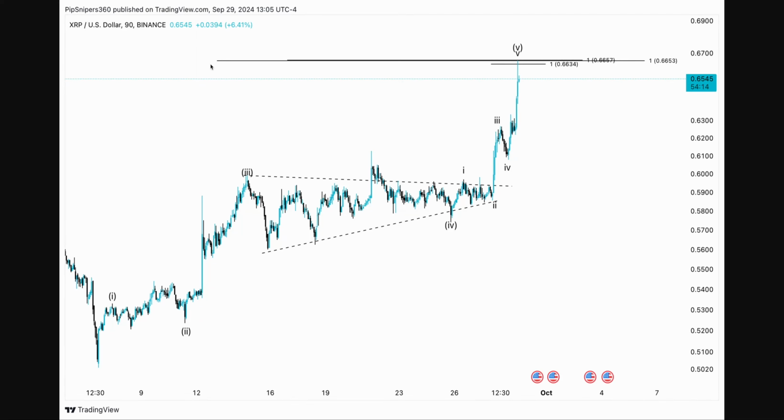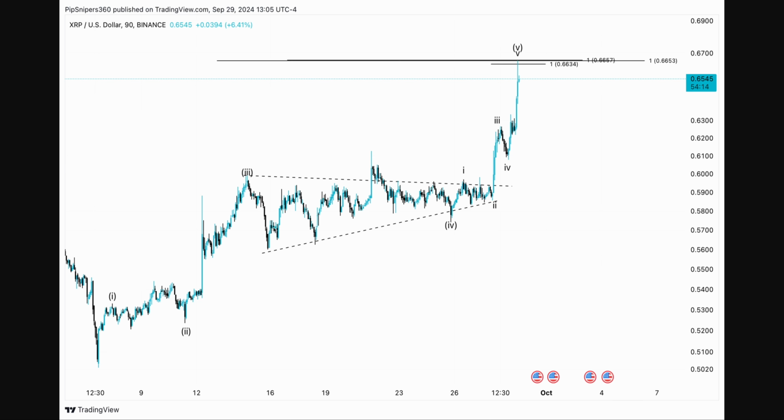Let's take a look at XRP today. I'm going to be shuffling down through all the time frames. I'm going to be showing you different types of analysis, ICT, Wyckoff, Elliott Wave, and some patterns to go along with that. So this is an XRP chart over here on the 90-minute time frame I gave to the Discord